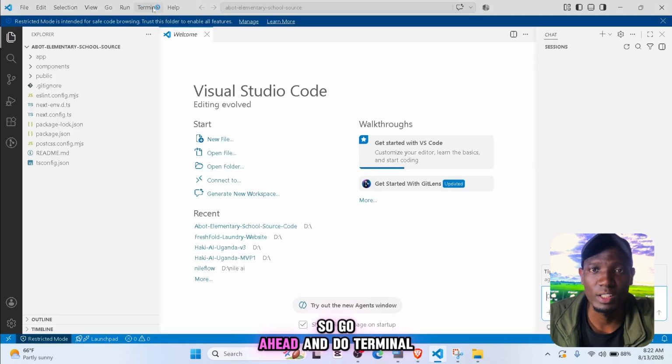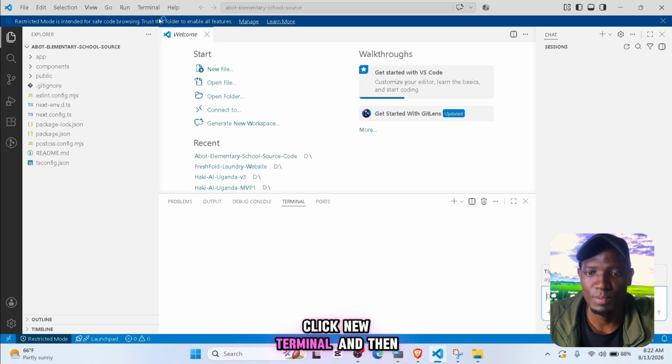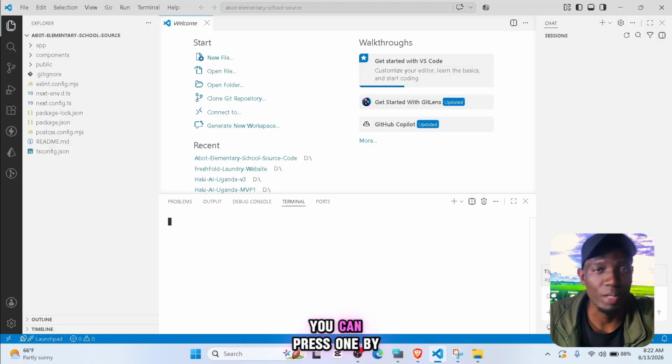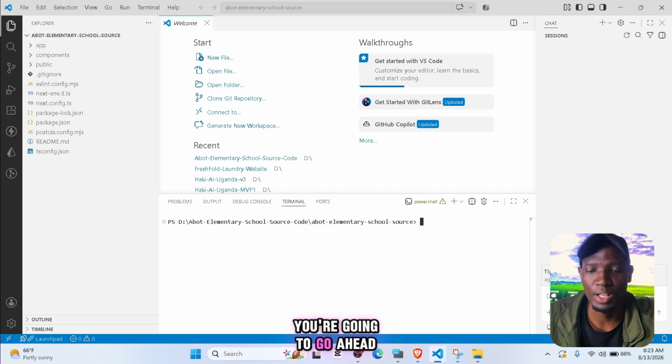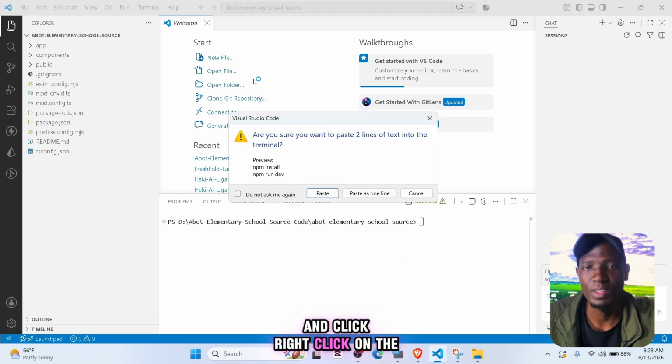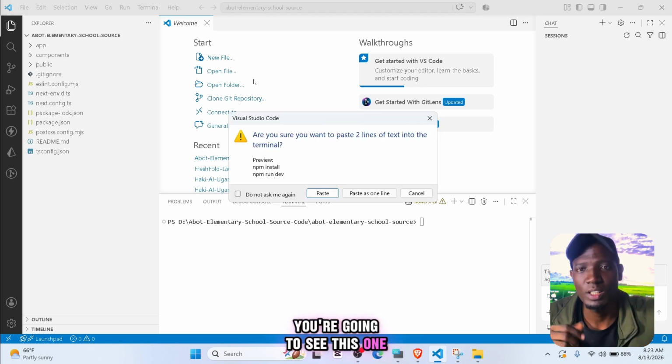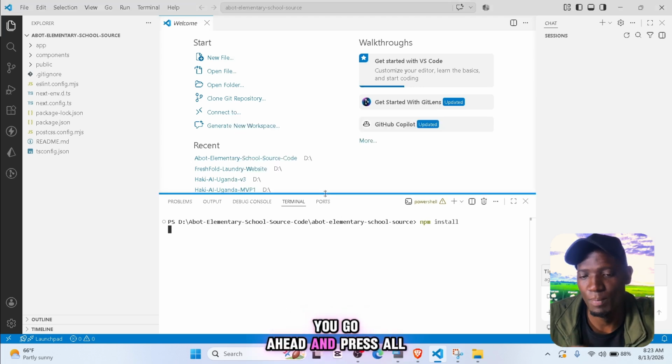localhost. So go ahead and go to terminal. Click new terminal and then go ahead and paste all those. You can paste one by one or you can paste both, but in my case I'm just going to go ahead and paste both. To paste that here, you're going to right click on the mouse here. You're going to see this one, click right click, and then you go ahead and paste all of them,